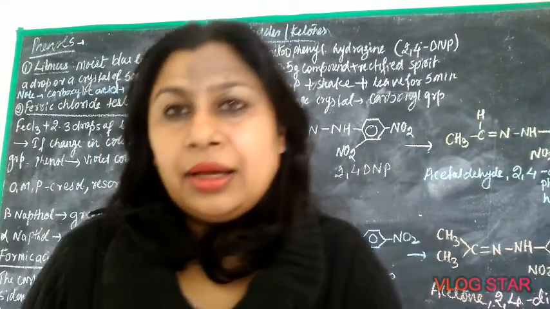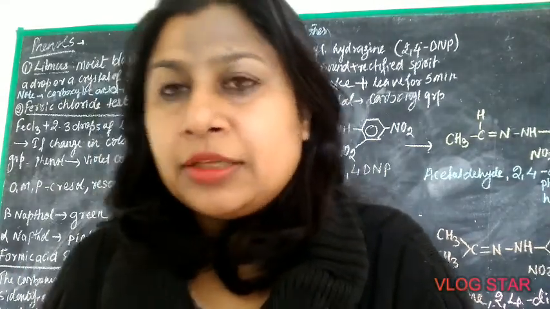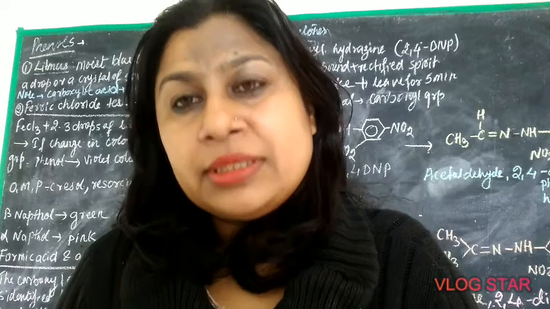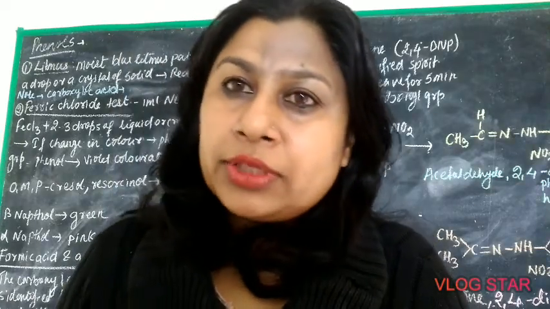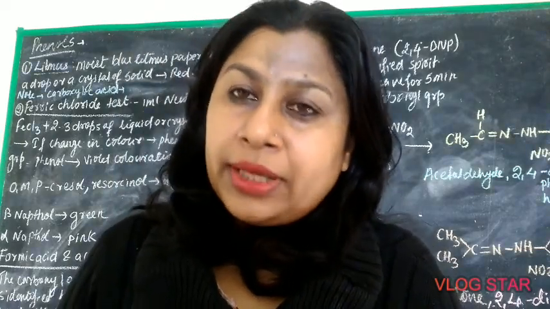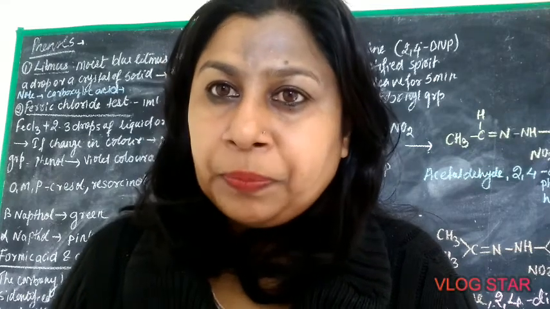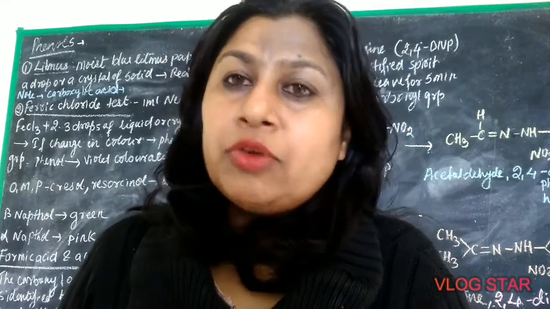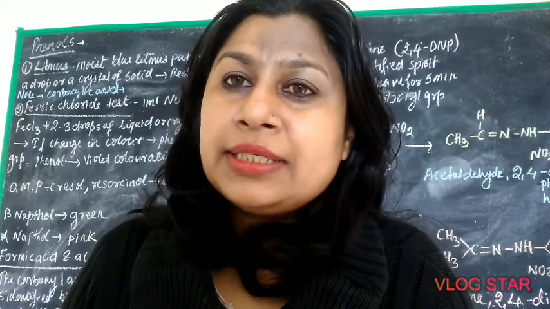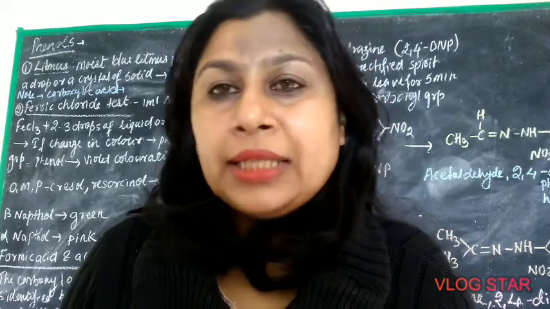Hello children, now the next functional group, that is phenols. Compounds that have one or more hydroxyl groups attached to an aromatic ring are called phenols. The most common example is phenol, the formula is C6H5OH. Other examples are